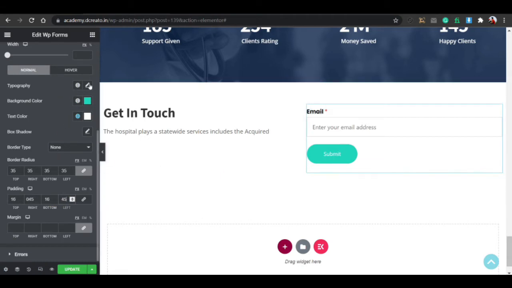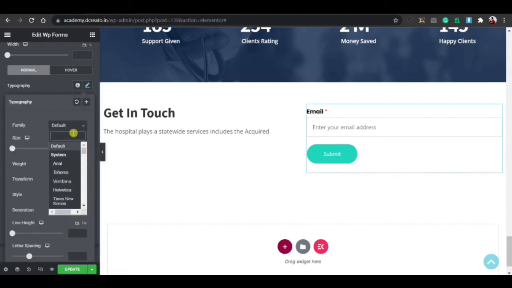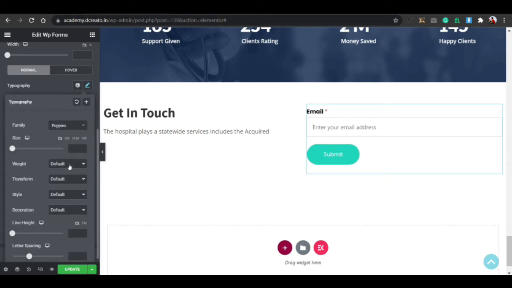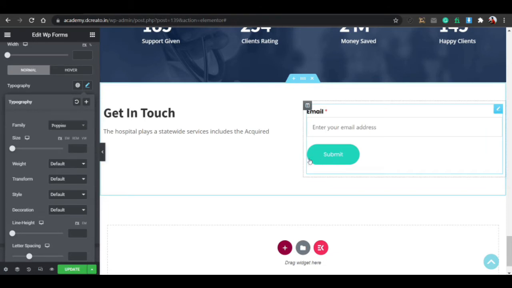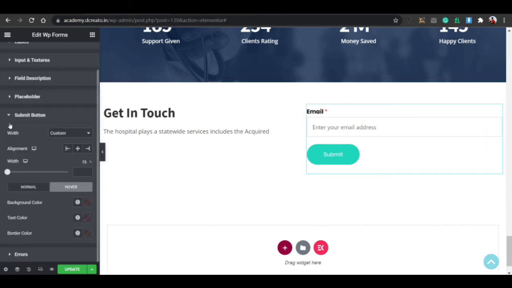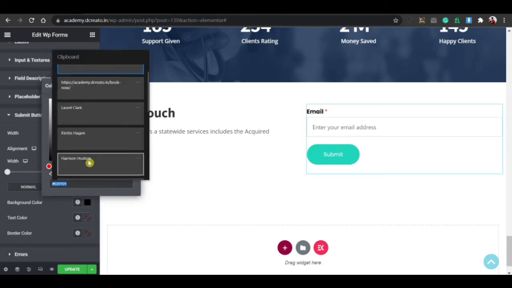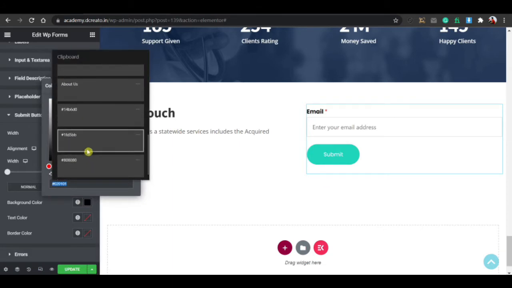And if I click on this typography and want to change the typography, you can change it to Poppins. Then for hovering, here it has no animation or anything. Just click on this hover button, and then here you can add the color changing animation. So I click on this background color, and I'm changing the background color from here. I already copied it.